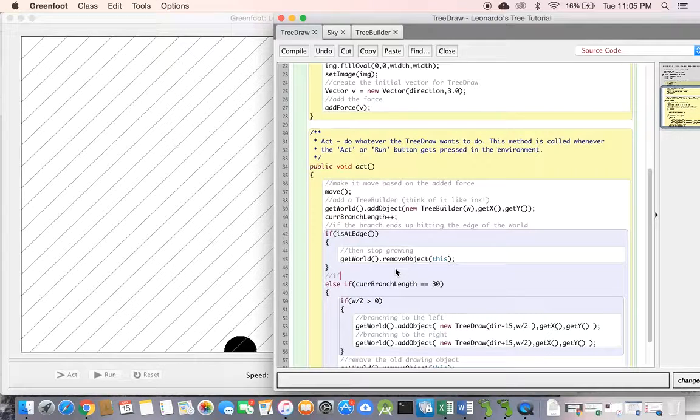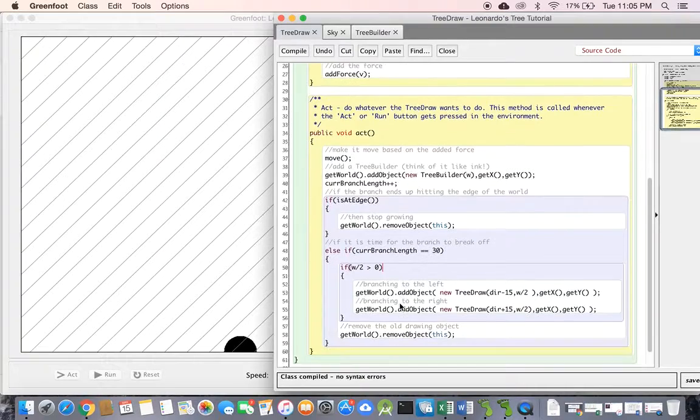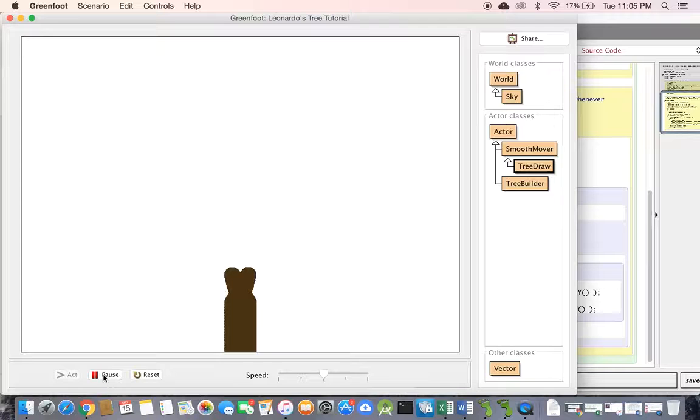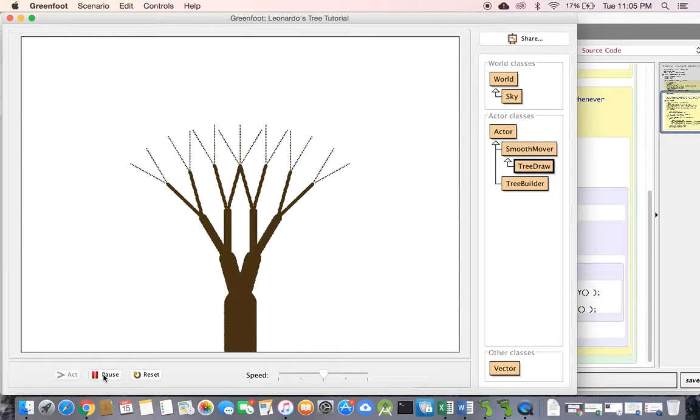And if it is time for the branch to break off, and if the next branch will still be wide enough, okay, so if the next branch is going to be wide enough, branch to the left and branch to the right. So this is what you should have in the end. All right, not looking very tree-like, looking very symmetrical. We'll change that in the next